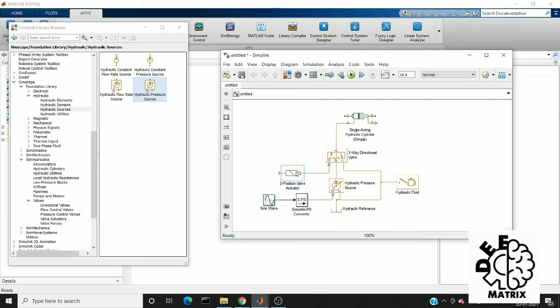Here I have connected this S to a two position valve actuator. Since I have only two positions, I used this two position valve. The working of this valve is to move the directional control valve according to the signal we are going to feed as an input. Here also I am going to feed the sine wave.